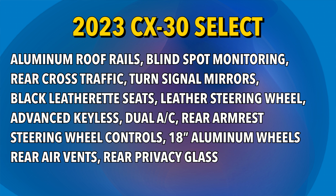As we jump to the CX-30 Select, we add aluminum roof rails, also blind spot monitoring with rear cross traffic, and turn signal indicators in the door mirrors, black leatherette seats, leather-wrapped shifter and steering wheel with audio, Bluetooth, and cruise control buttons, Mazda advanced keyless entry so you can open it with a touch, dual-zone automatic climate control with rear air conditioning vents, rear armrest and cup holders, and silver 18-inch aluminum alloy wheels